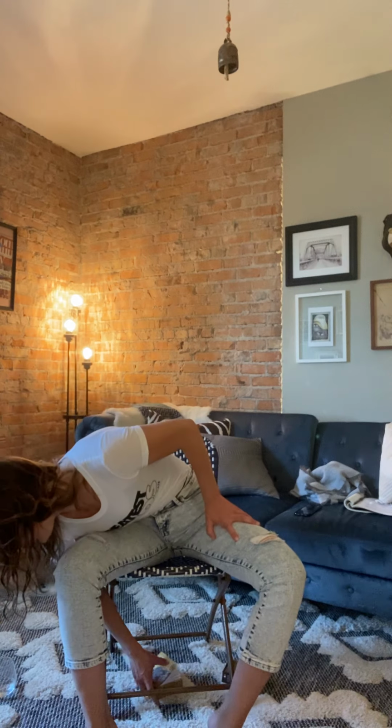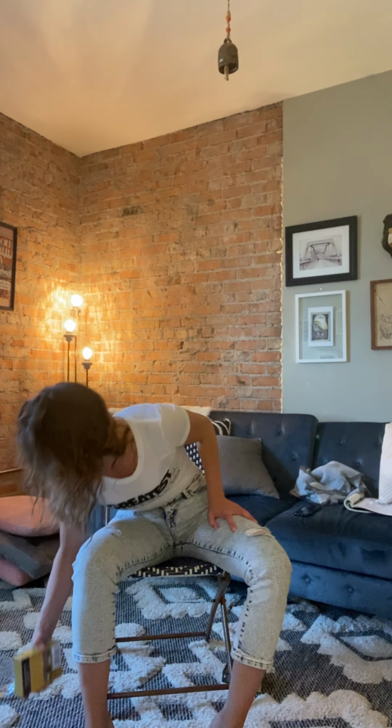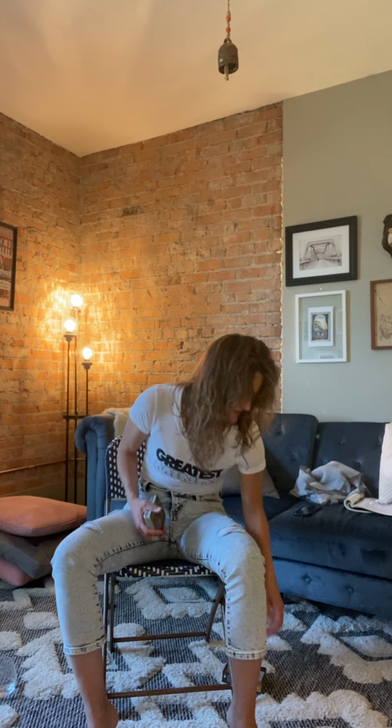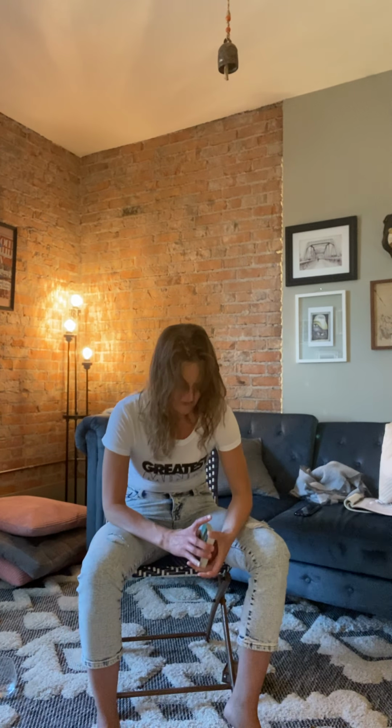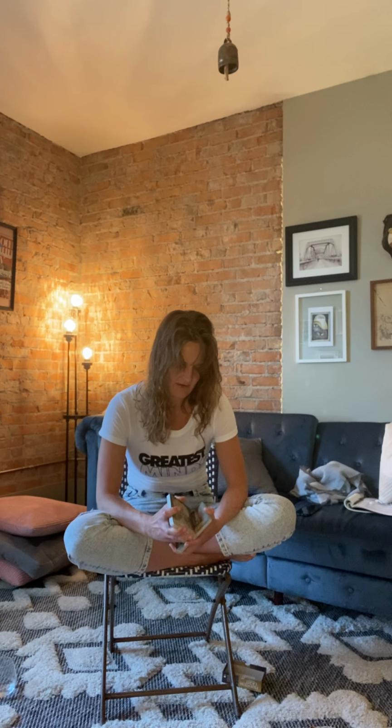I got this new fun oracle deck, so I'm going to read from it. I believe in the significance of time and space. I've been taught that by a lot of really wonderful teachers and people who I love very much within my life, and so I am grateful for that. And also believing that everything comes together for a certain reason. So as we are breathing,